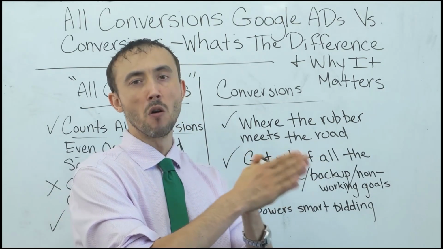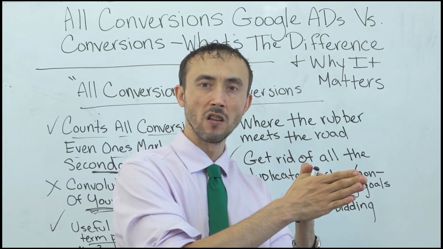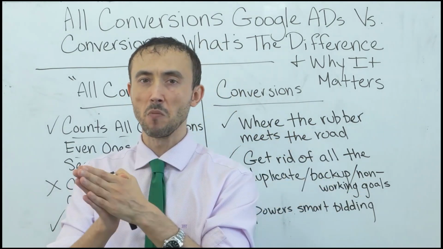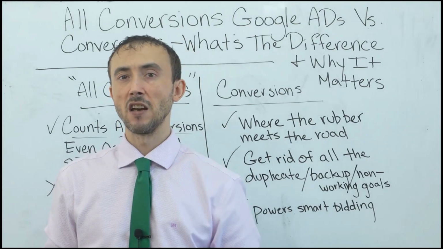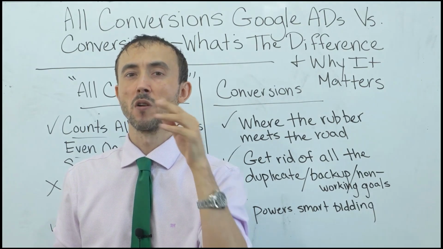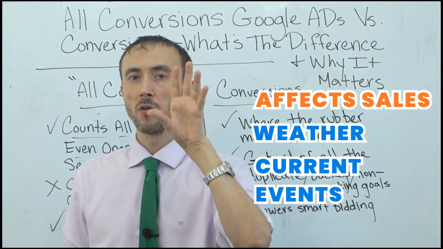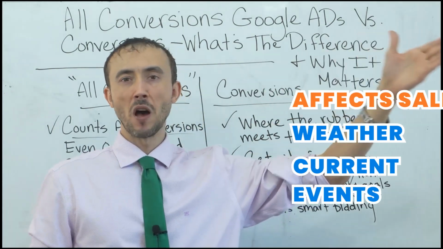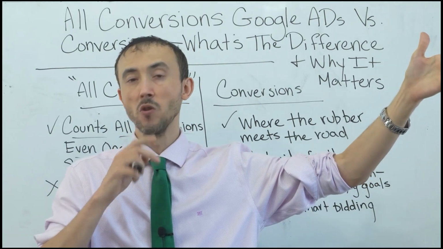But they aren't buying and pulling the trigger because the weather didn't affect their ability to want to look online, but it affected whether or not they were going to be able to part with their money physically. Another thing that greatly affects sales, that's outside of your control and outside of your strategy, is political stuff, or current events, I should say. If there's a war just starting, that'll kill your sales for a week through no fault of your own or